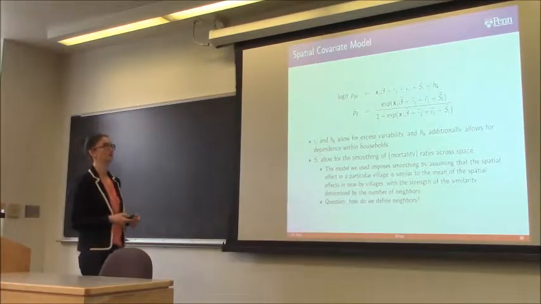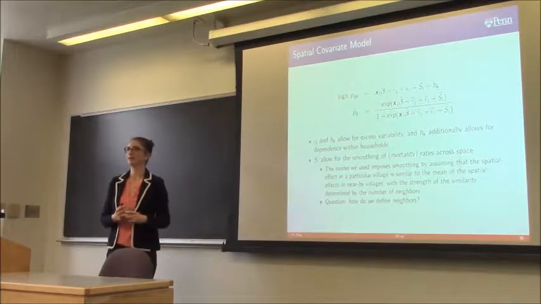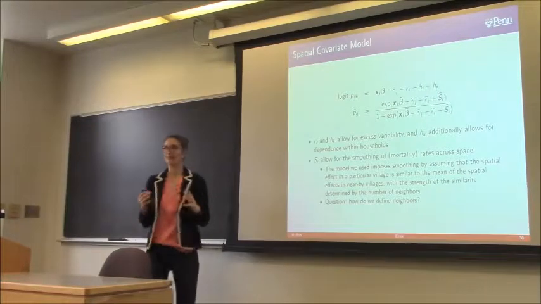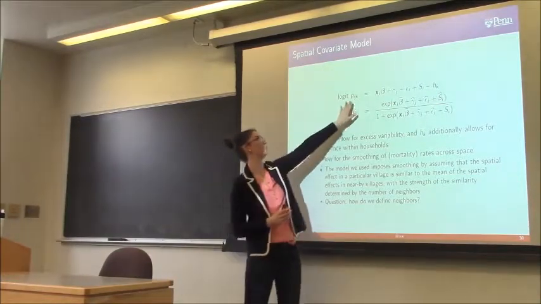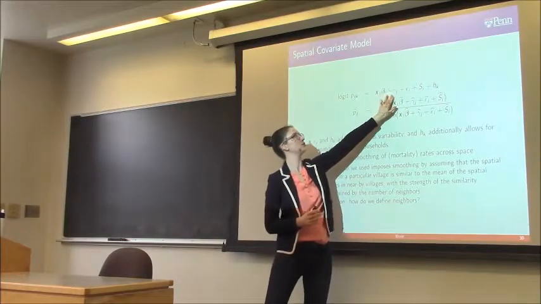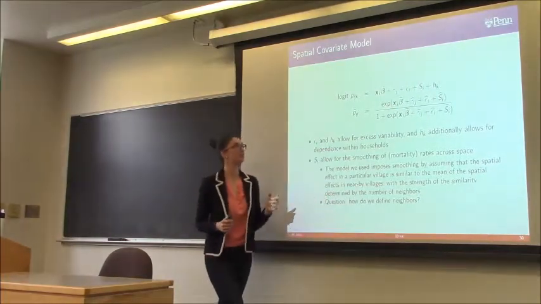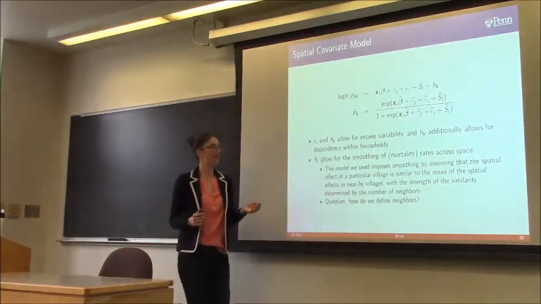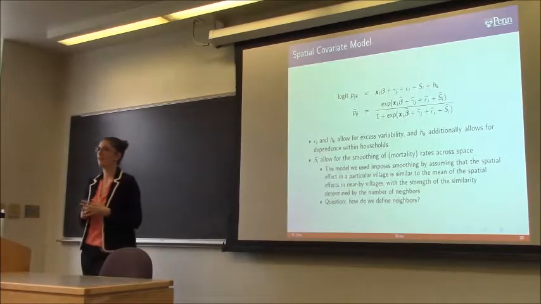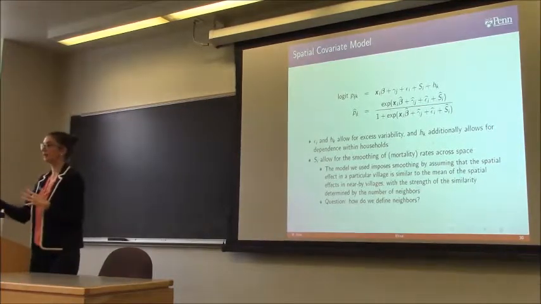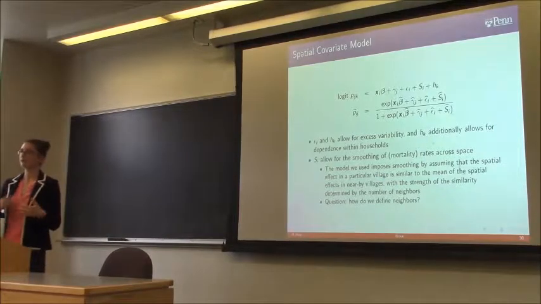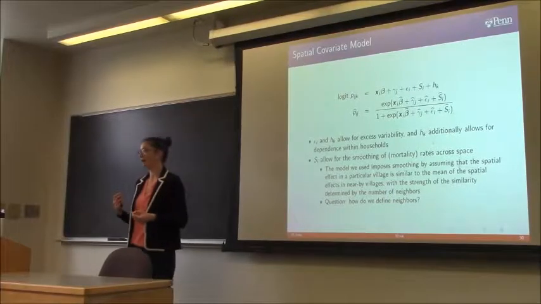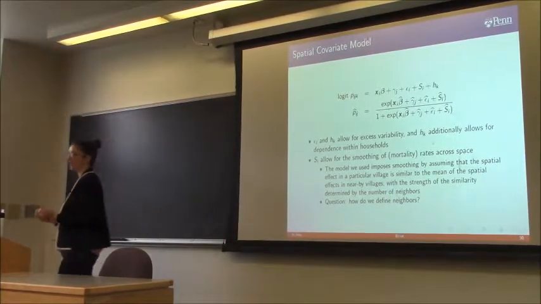Okay, so that's what the model looks like. That's probably maybe not what you're used to seeing, so don't worry too much about it. So basically what happens is that we're looking for the association between a probability of death and some covariates, which are denoted by the xi, beta, and the gamma terms. And then we have 3 smoothing terms. So epsilon I and Si are random effects at the village level, which means that we are taking into account similarities between people living within the same village. And then HK is a household level random effect, which allows for dependence within households.